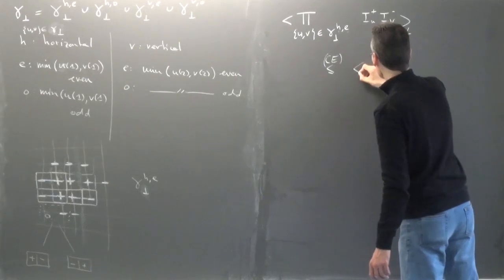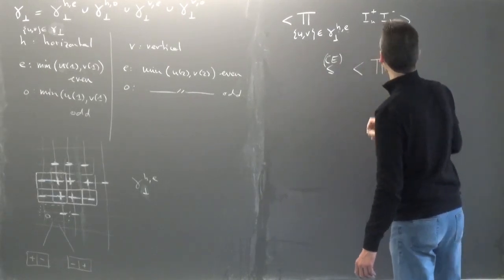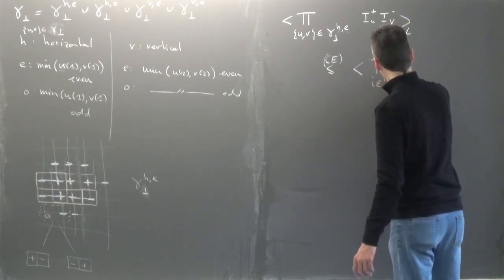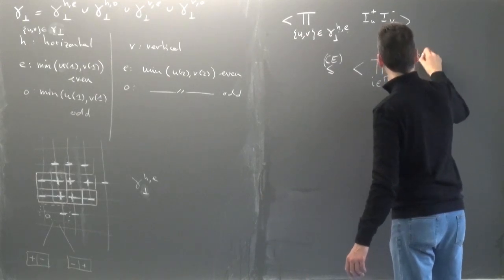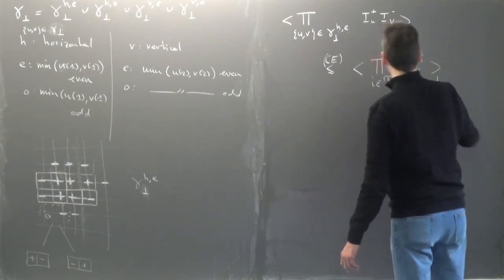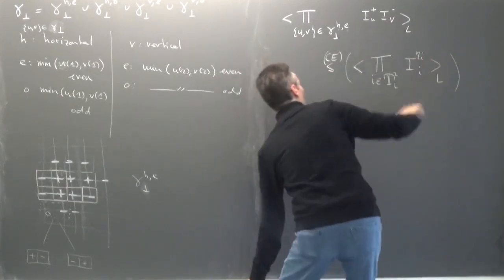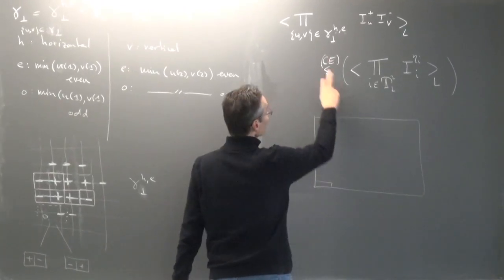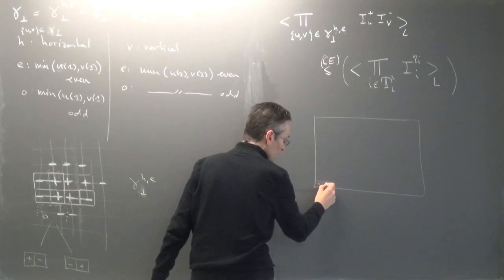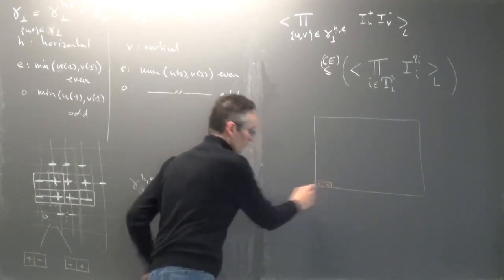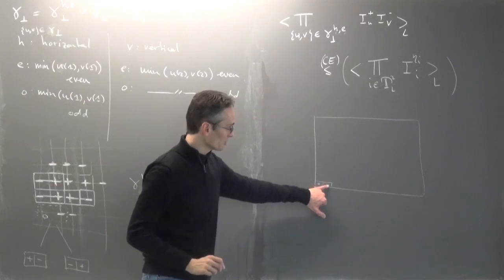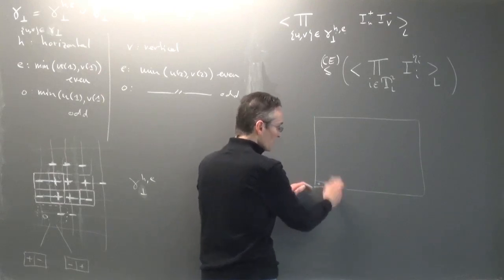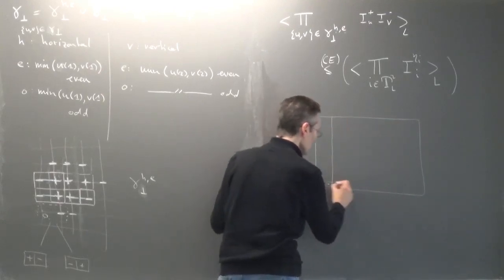I get the expected value of the product over all i in the torus of eta_i. So what is this guy? There is something to add, but let me just explain what I've been doing. I'm choosing something which is, if I take an edge which is a reflection of this particular pattern, I have a plus at the origin and a minus next to the origin, right? And then when I apply the chessboard estimate, when I take this particular function, I have to look at all its reflections. So I'm constructing a configuration.